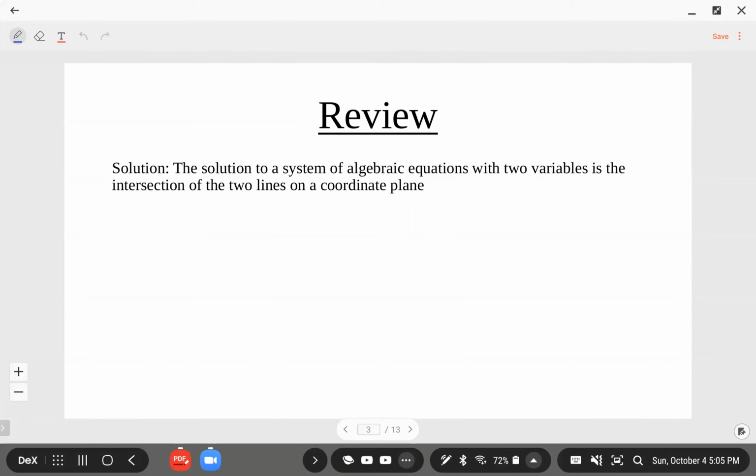So let's first review. What is the solution to a system of algebraic equations with two variables? That will be the intersection of the two lines on the coordinate plane. Today we're only doing algebraic equations with two variables, so only two lines. Three lines is a bit more complicated. You have to get used to systems first. So let's say we have,